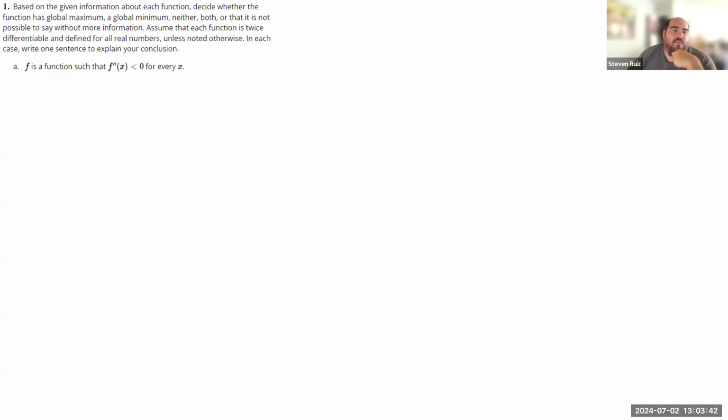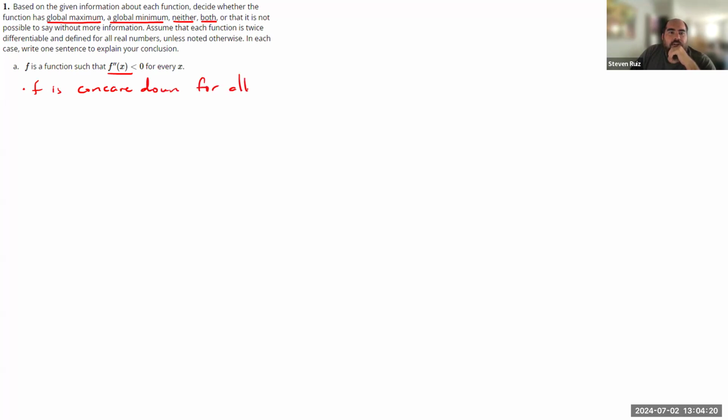Right. This is section 3.3, exercise one. For each part of this, we're given some information, some properties of a function, and asked to tell whether this function has a global max, global min, neither, both, or do we have enough information to even say so? So function f here is such that f double prime of x is less than 0 for every x. Or, I'm just going to write some equivalent to this here. F is concave down